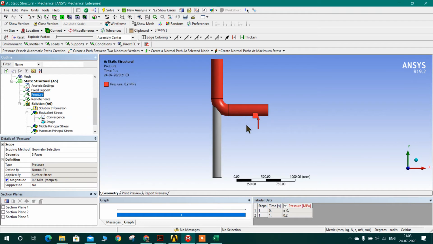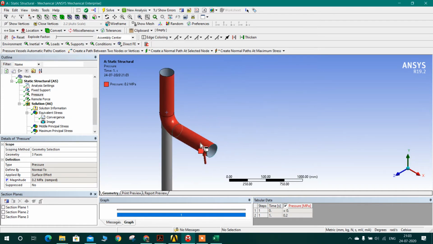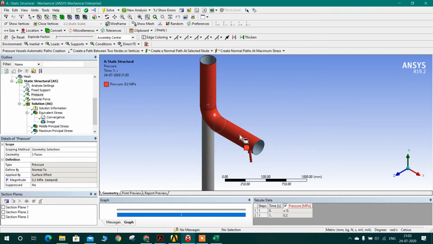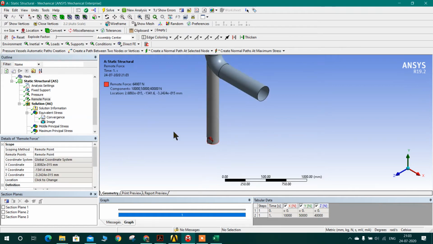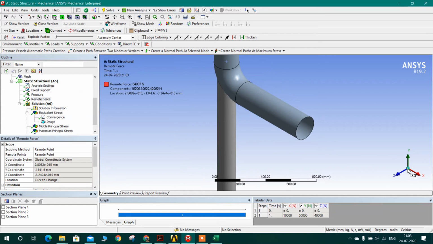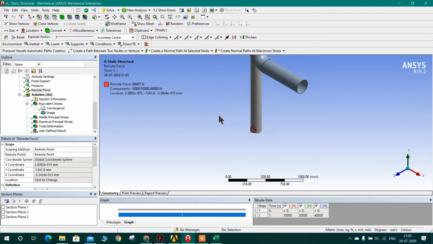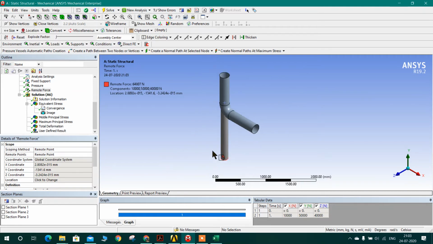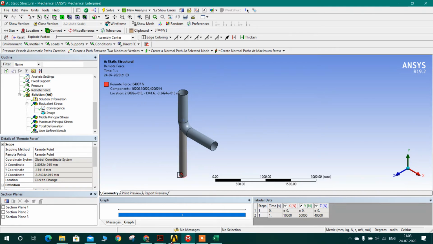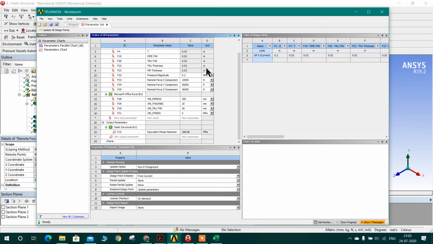Firstly, how the pressure is applied. Actually, it's a shell model, so you must be thinking why the pressure is showing on the outer boundary. It doesn't matter if you apply it on any surface. Then the remote forces will be applied over here through a remote point, and the magnitude is in the parameters which we are putting up here.